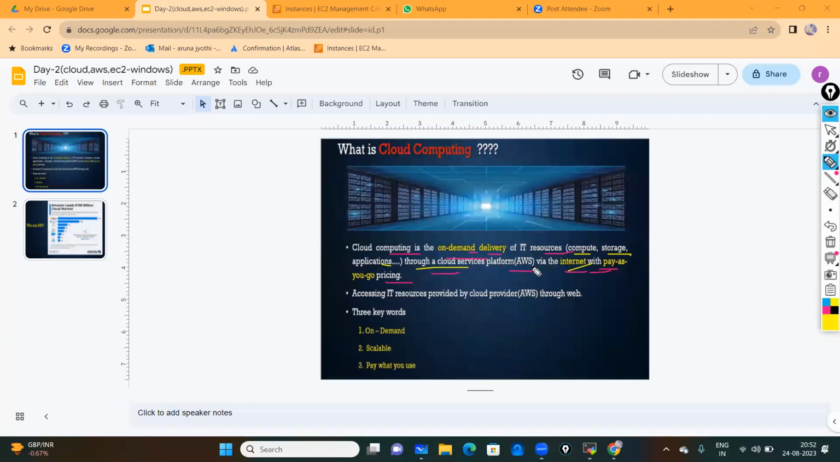Who is going to provide these resources? AWS. How are they going to provide? On a pay-as-you-go basis, meaning how much you are using, that much you will pay. If you are using for 2 days, you will pay for 2 days. In a single line, I can summarize this as accessing IT resources provided by